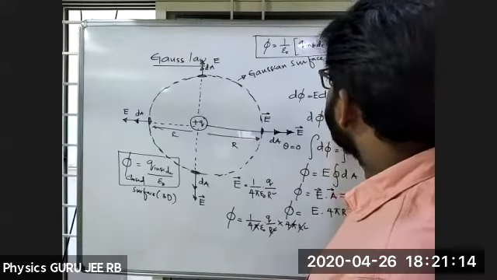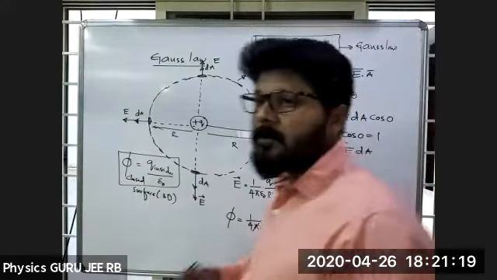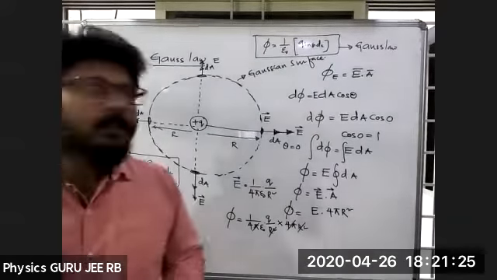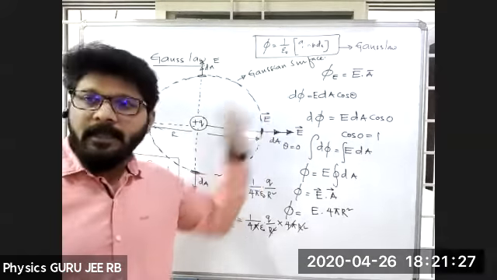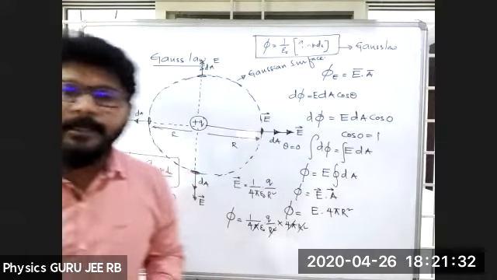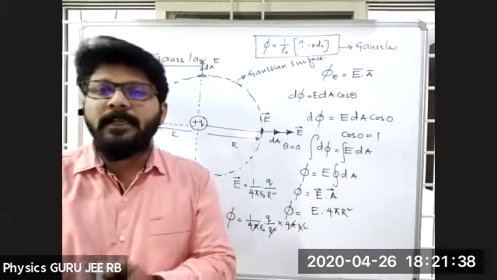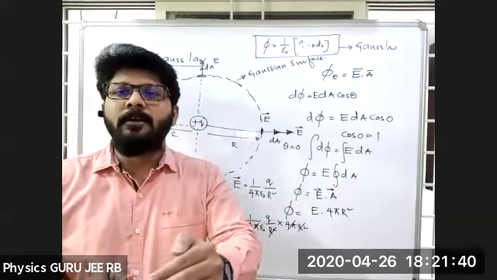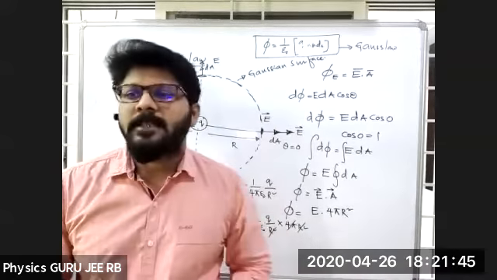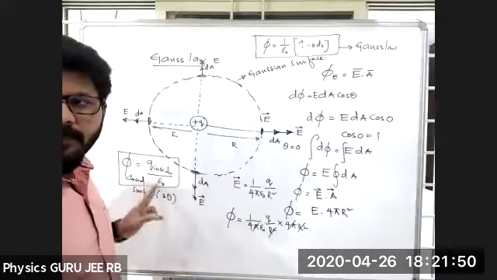It will give us Gauss law, right? If you want to write the definition for Gauss law, what do you have to write? The net electric flux through a closed surface, or we can say a three-dimensional closed surface, is equal to 1 by epsilon naught times the net charge enclosed by this particular surface. Is it clear? Now flux phi is equal to Q inside by epsilon naught.